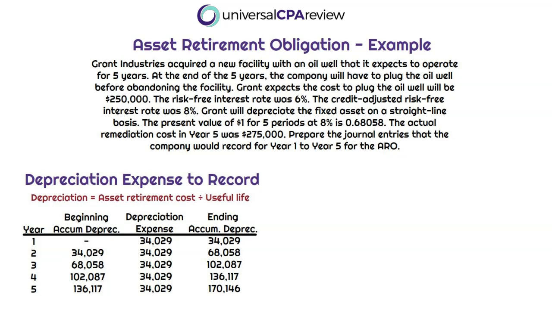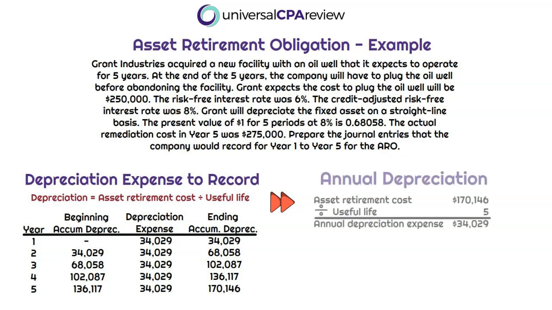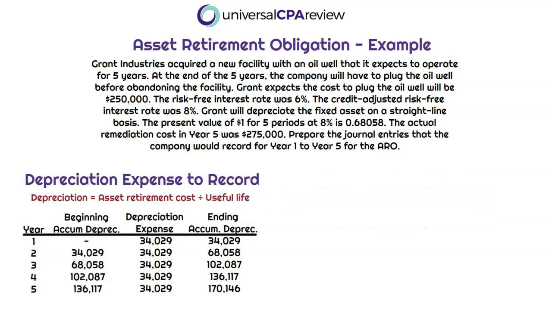But assuming that you're using straight line, we would only need to take the asset retirement cost, which was from step 1 of $170,146, and divide by the useful life, which the example said was 5 years, right? So if we do that calculation, that means annual depreciation expense is $34,029. So this table illustrates how we record depreciation expense each year and then build up the accumulated depreciation from